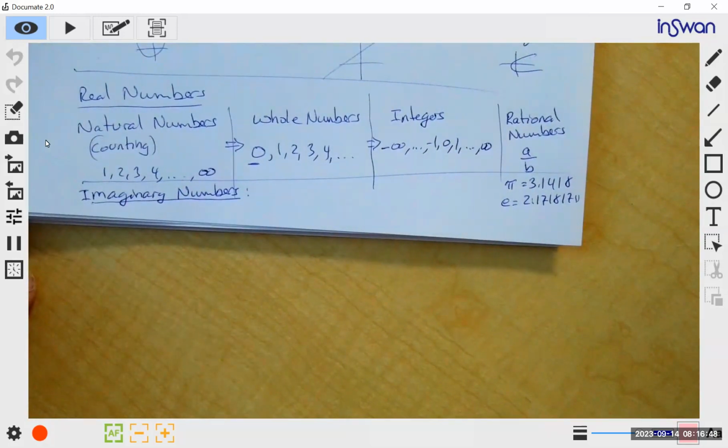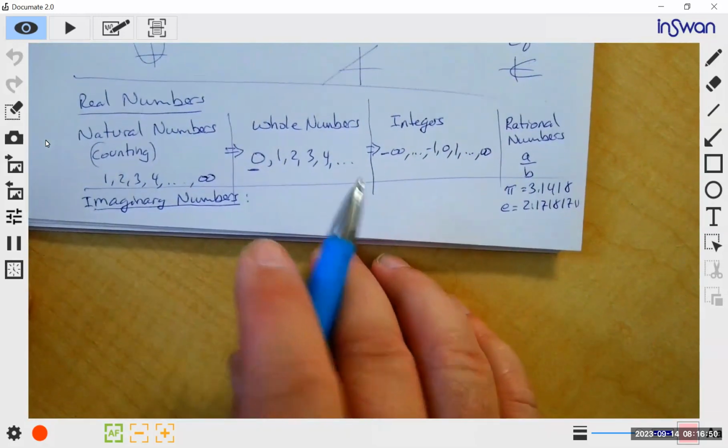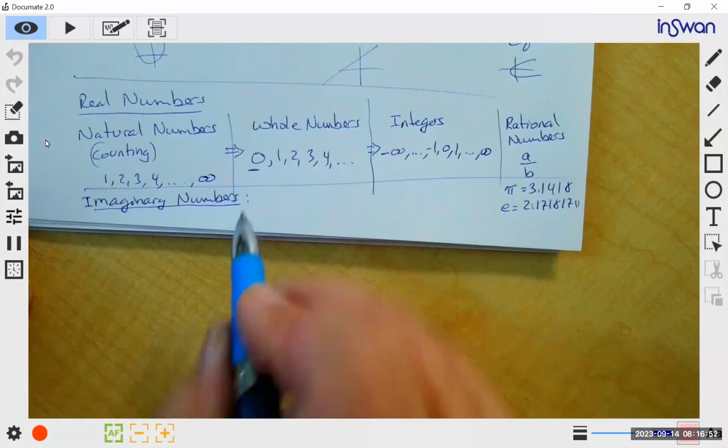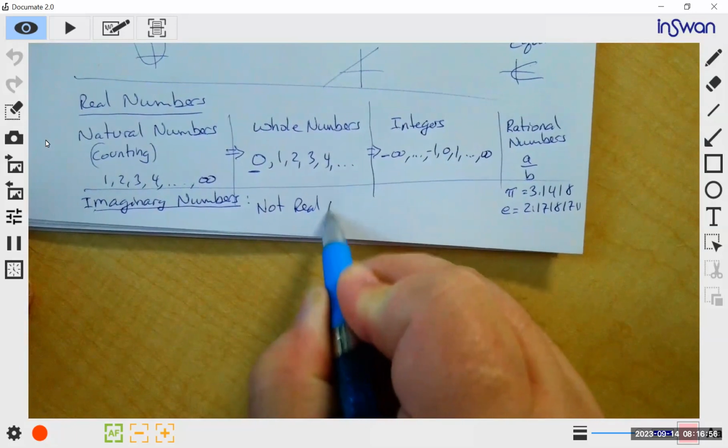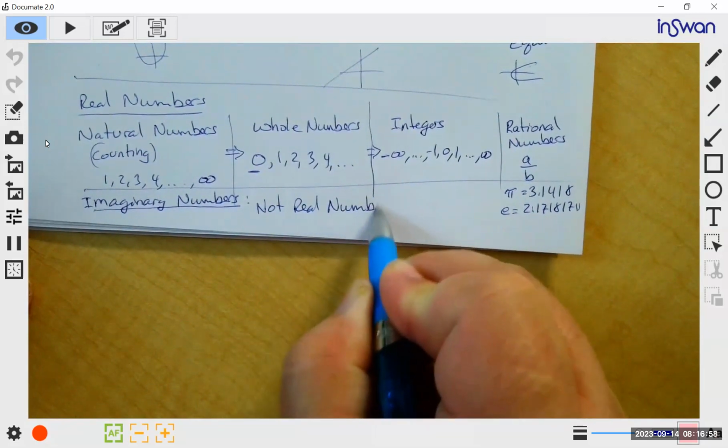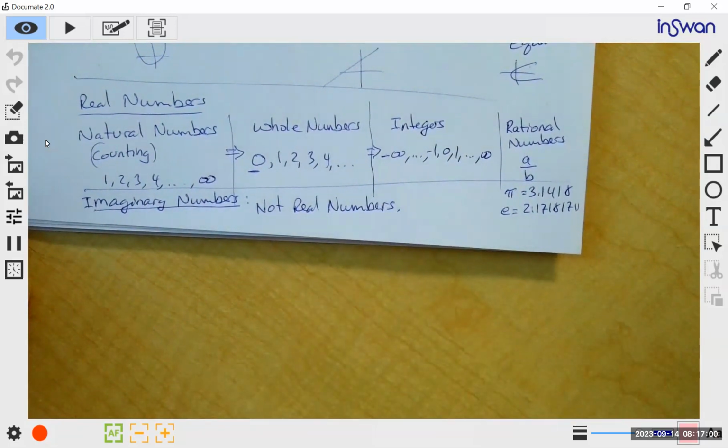You know the definition of imaginary numbers? Not real numbers. The reason they came up with these is because